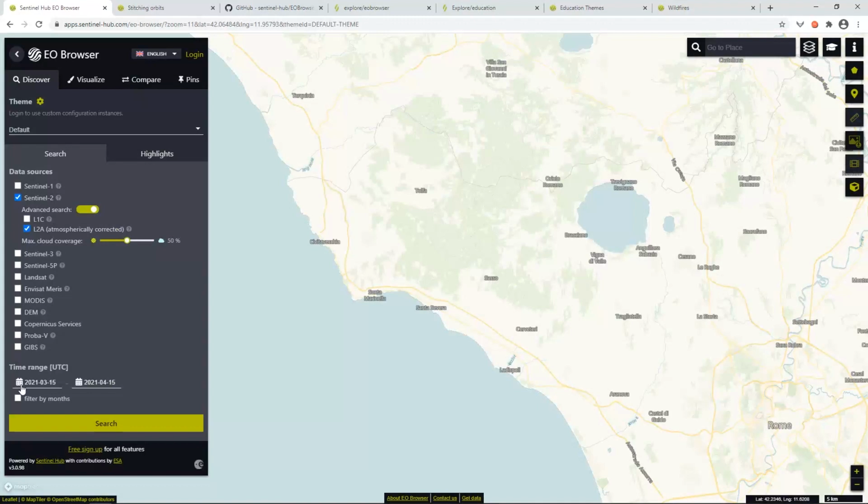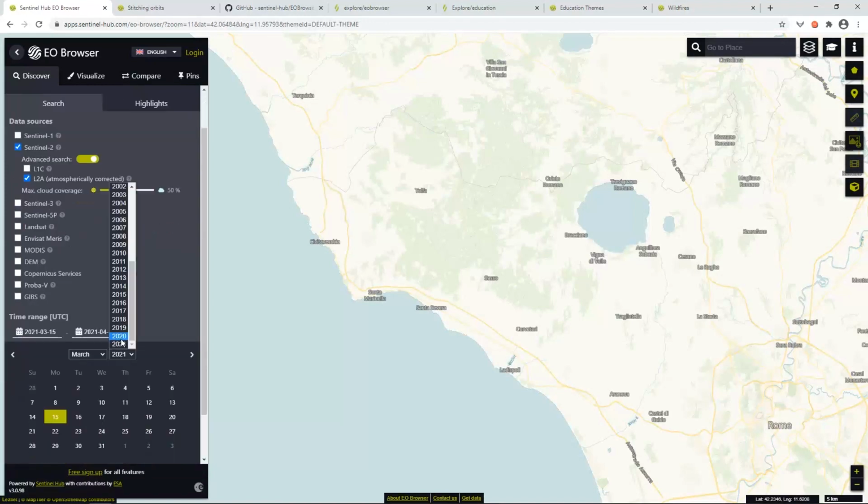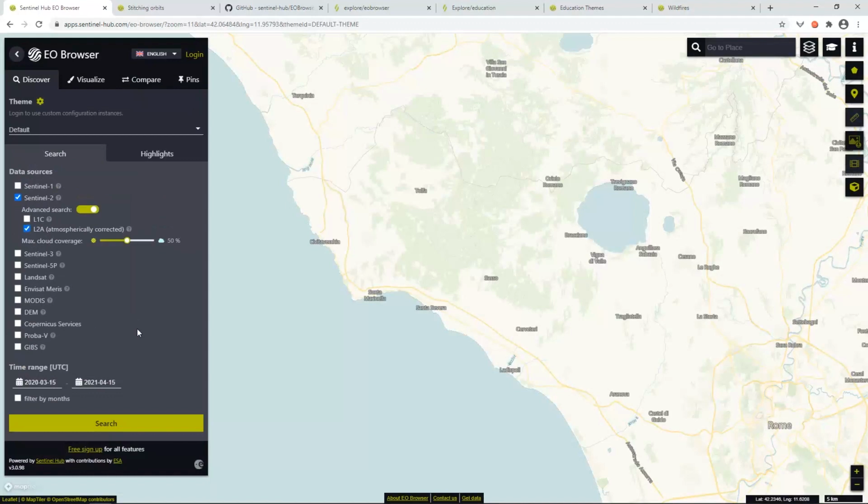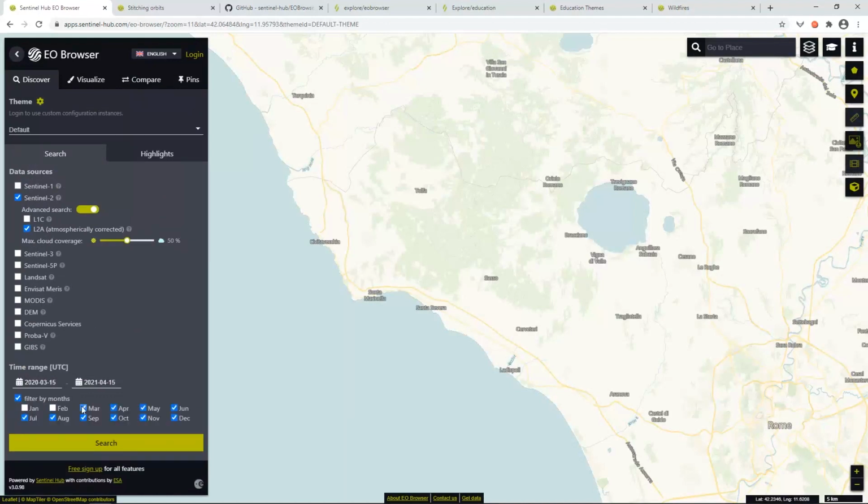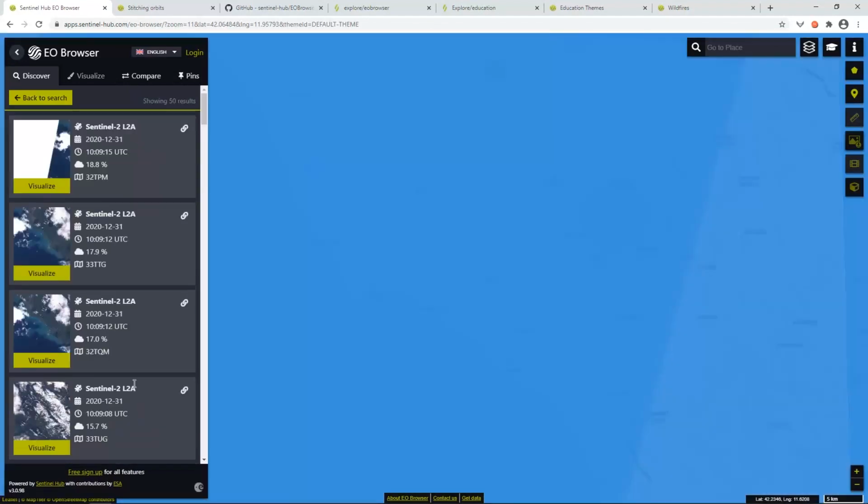Then at the bottom here, you will see the time range where you can specify the date which you are searching for. We will set this now to 1 year, and then use the filter by month function to search only for the second half of the year. Once you are happy with the settings, you just have left to click search,